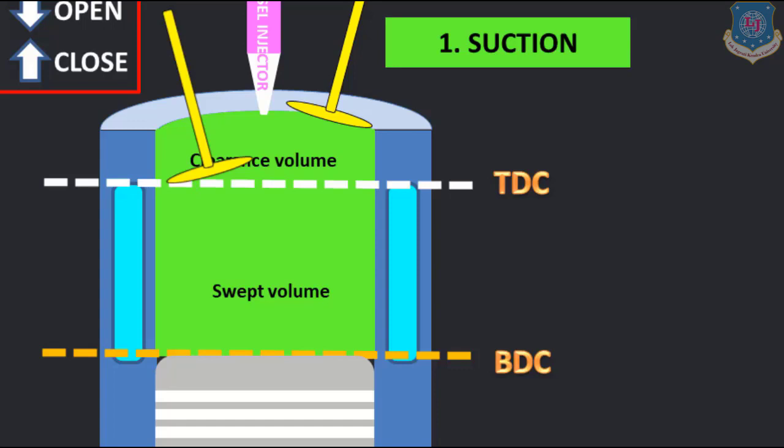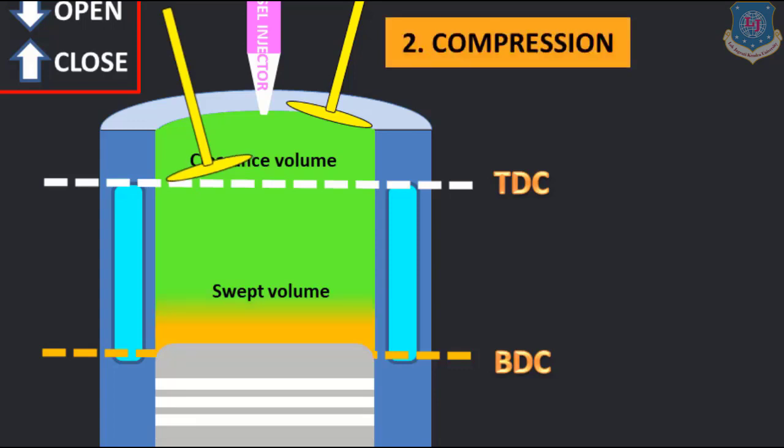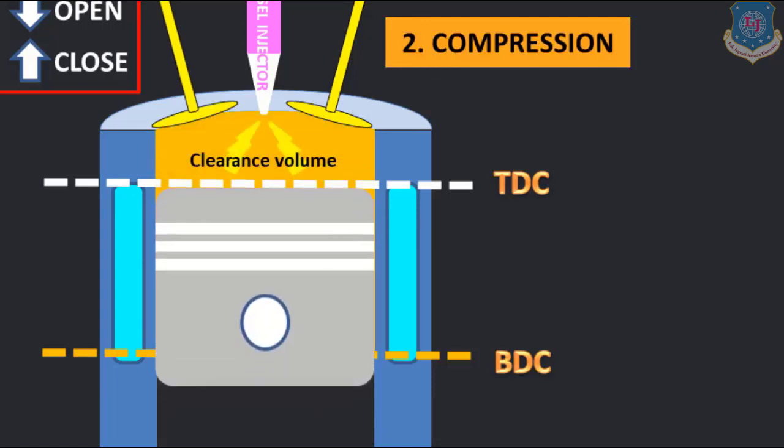Fine. Now move to the second point, that is compression. In compression we will close the inlet valve first and thereafter compression will happen. Fine. But the inlet valve will take a certain time for closing. So compression will be started. The piston will leave from BDC and the inlet valve will also start closing. So now you can see here the piston is moving upwards and during that condition the inlet valve is closing and now it is closed. Fine.